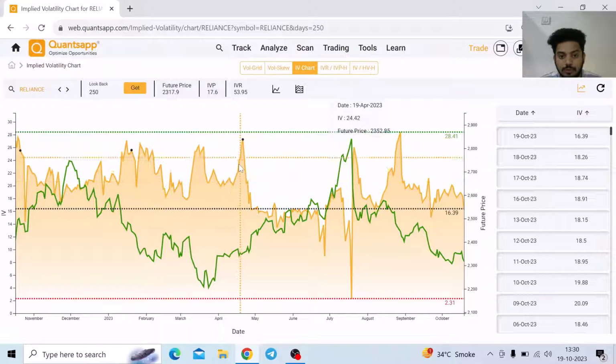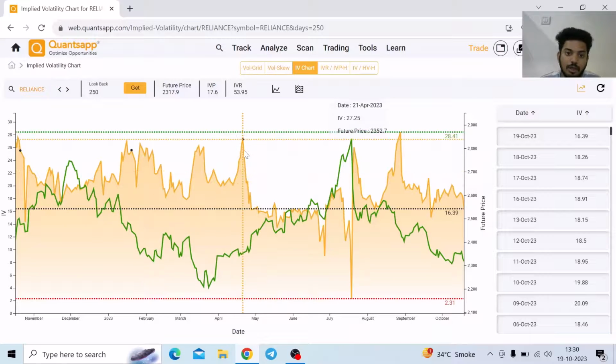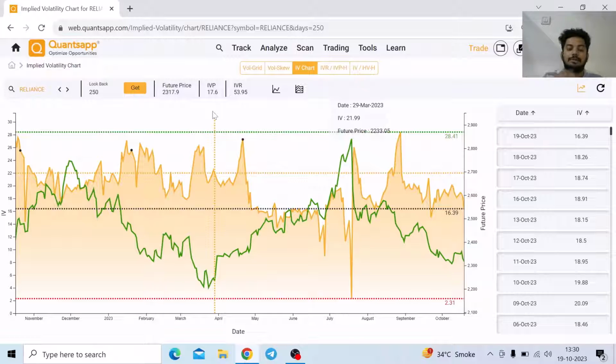On this zone, if you just see what has happened, implied volatility started to crush, it started to collapse, and it collapsed like anything, and eventually option writers would have made money in this entire zone. Why? Because someone who sold IV at 27.25, he later on bought at 15.78. So a decent down move on implied volatility, what option writers would have captured in this entire zone.